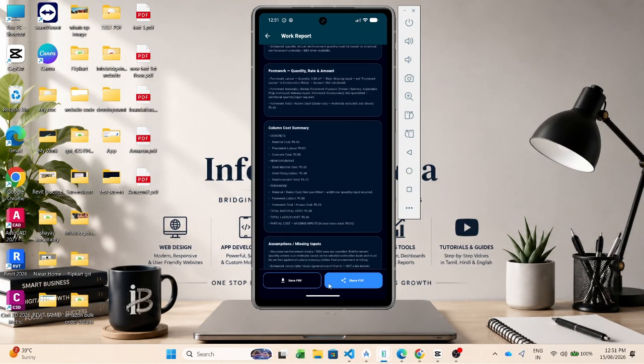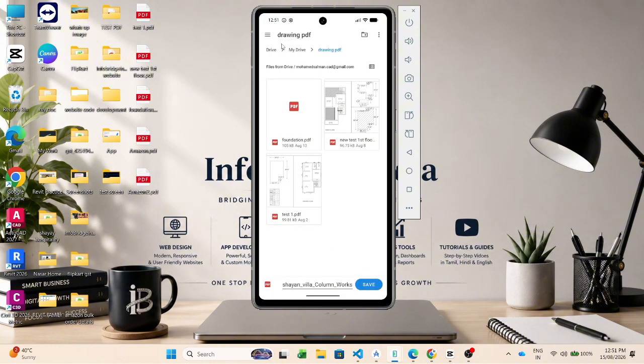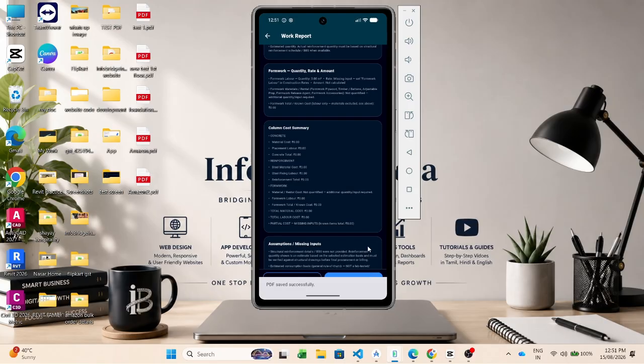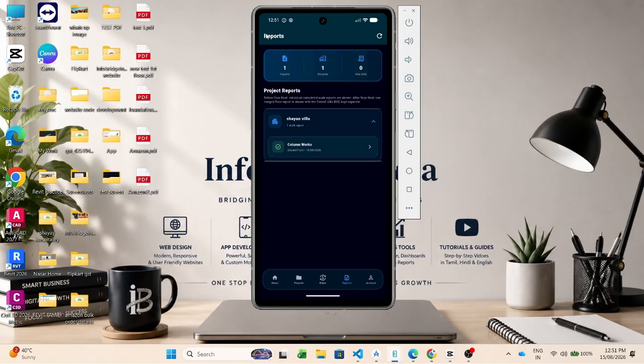This means you can save the report to your device and use it whenever required, and this is not limited to column works. In the same way, you can complete and generate individual reports for the other construction activities in your project. This gives you the flexibility to maintain work-wise QS reports throughout the project. Once all the required works and floors are completed, IB Civil can also bring the project information together for the